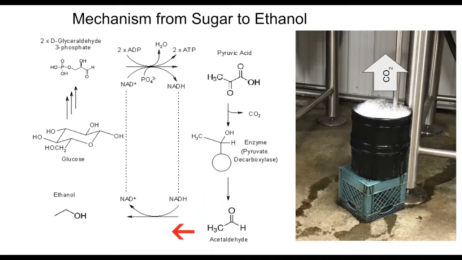Finally, the acetaldehyde is converted to ethanol with the help of NADH, which provides the lone hydrogen needed for the reaction. The hydrogen-lacking NAD+ goes back into the process and is the driving force behind the continual conversion of glyceraldehyde 3-phosphate into pyruvic acid. The carbon dioxide created during the fermentation process is allowed to vent out to aerate and